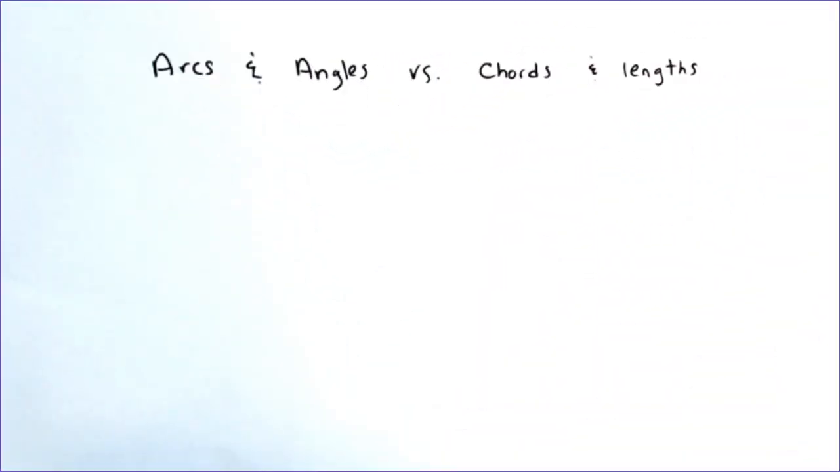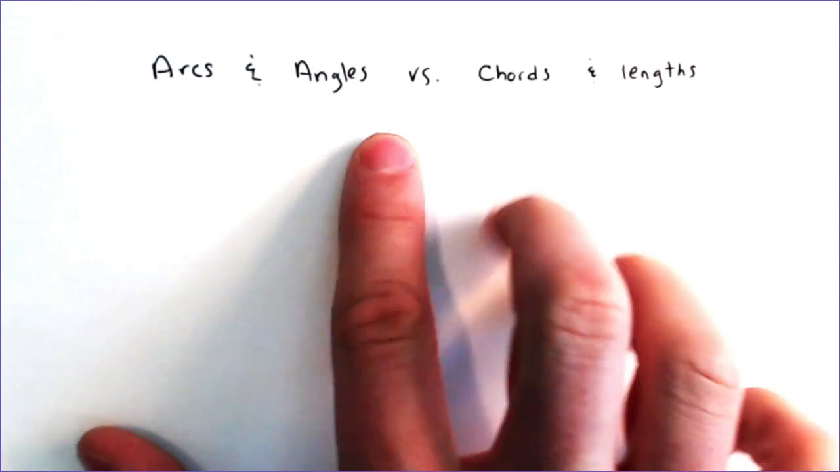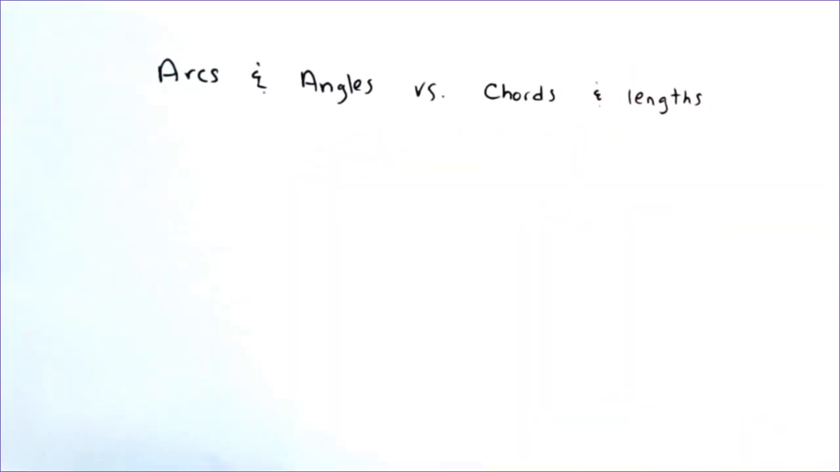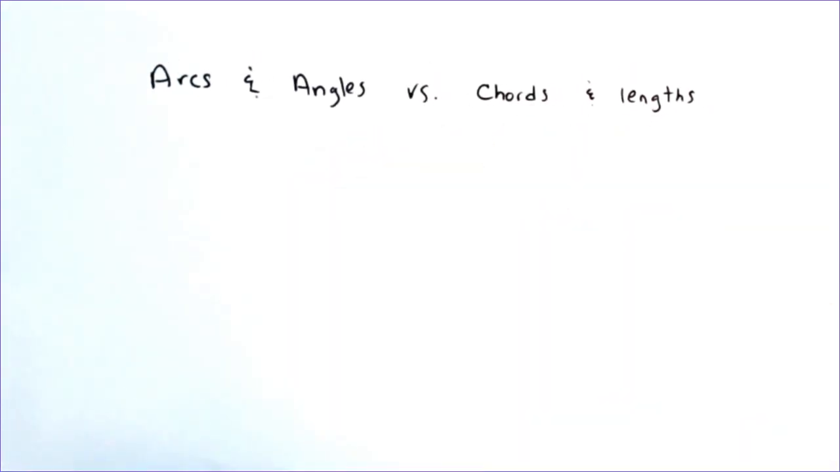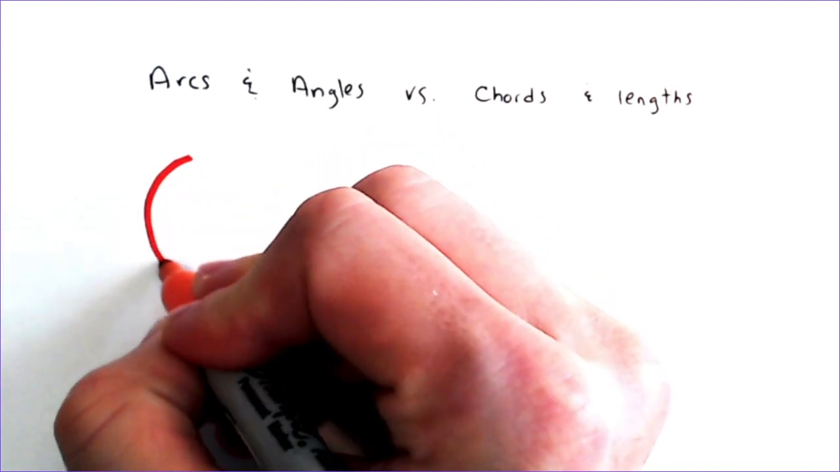Hello everybody. Today we are going to be doing circles and we're going to be dealing with the arcs and angles compared to the chords and the lengths of those chords. So we have two different types of problems that we could be dealing with. You could have a circle